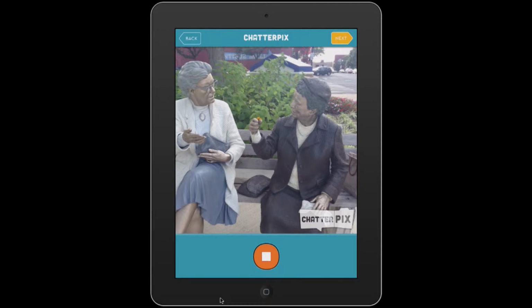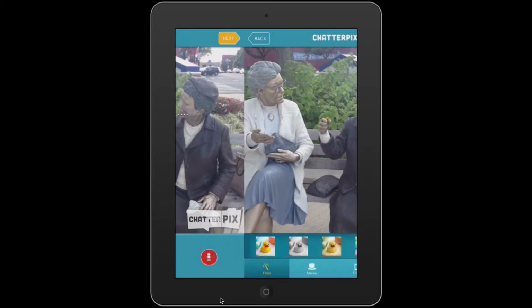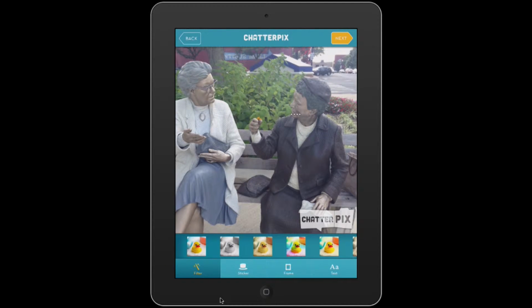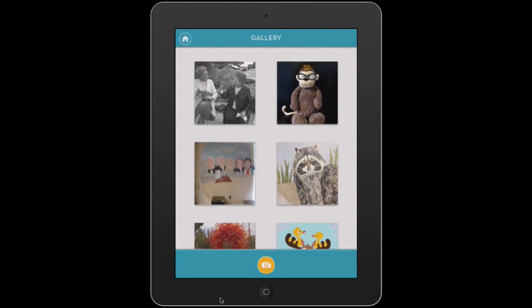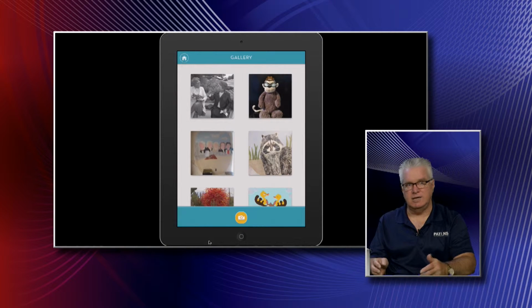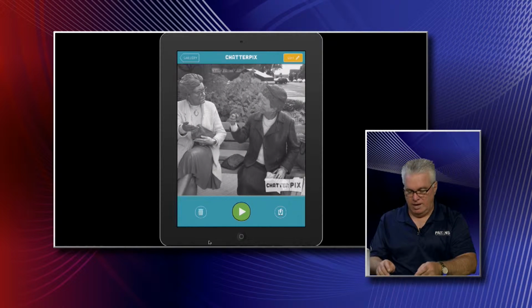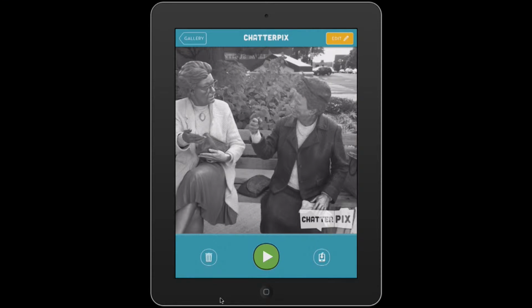And basically, wherever you drew that line at, it opens and closes the picture and makes a mouth. When you're done with that, you can do any filtering you like, changing the colors, the background to black and white. You can add stickers. You can put a frame around it. You can add text. When you've done all that fun stuff to it, it resides in the gallery. So now it lives there, and the student could then take this, open up the gallery, and have this lovely lady speak with a male voice now and say,